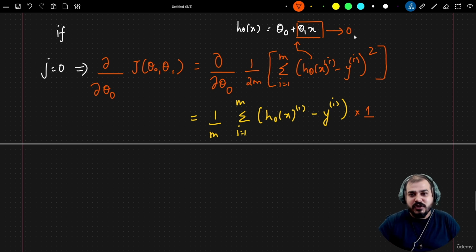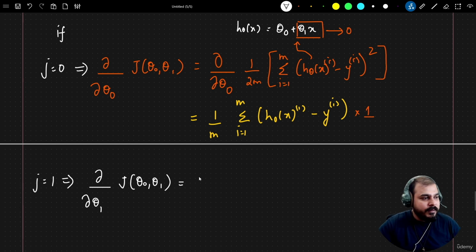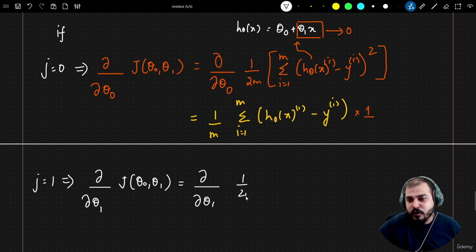That is how derivative actually works. Now similarly, with respect to j is equal to 1, I'm just going to find out the derivative, and this will now change as derivative of theta 1, j of theta 0 comma theta 1. Okay, so here you can see derivative of theta 1. Okay, and then I'm going to just apply for this specific equation,